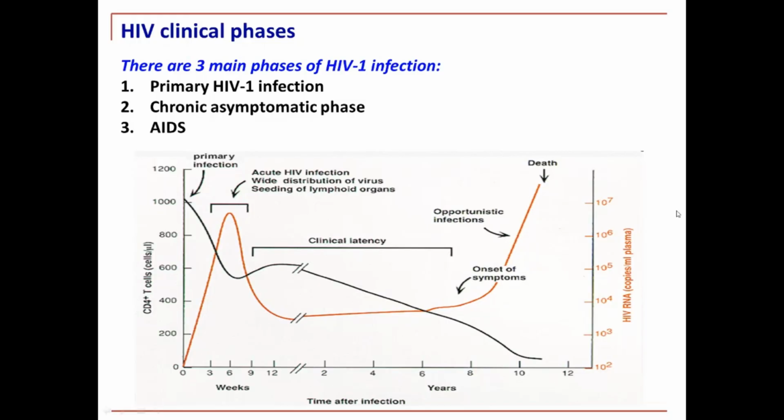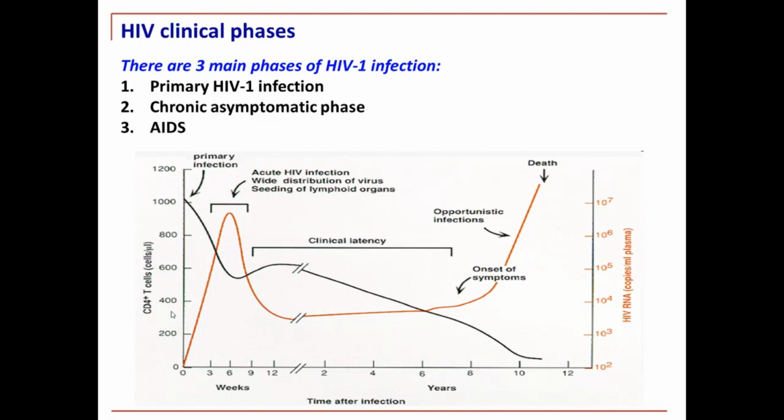So there are three main phases of HIV infection. You can see there's the primary HIV-1 infection, followed by the chronic asymptomatic phase, and then if people aren't treated satisfactorily, it can move on to AIDS. This is your CD4 count, because remember, HIV infects CD4 cells, which are your T helper cells. Following an infection, you get the initial incubation period, which is generally asymptomatic and usually lasts somewhere between 2 and 4 weeks. So you're not seeing any acute infection